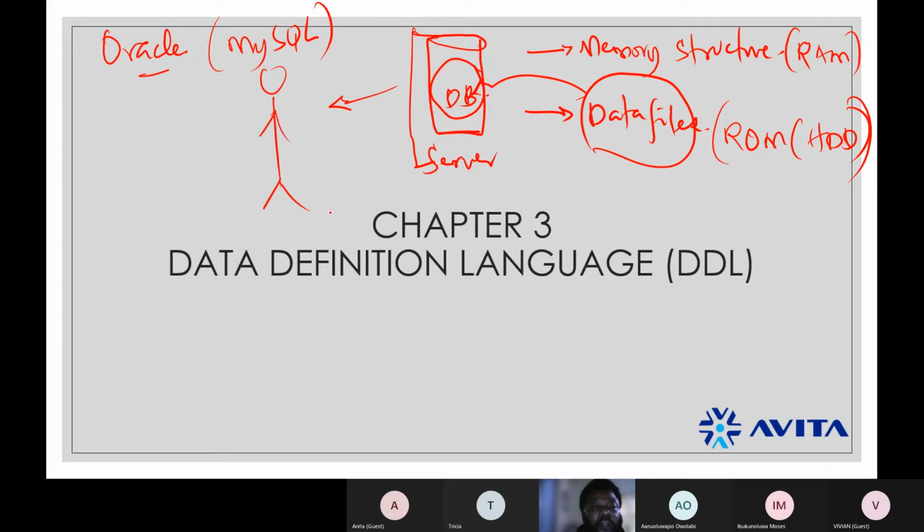So as a human being, what do you have? You have your memory structure and the data files, right? Your memory structure as a human being is in the mind. So our mind is our memory structure, right? We process information through our minds, right? And when we process information through our mind, after we have processed it, the ones that we want to save, where do we save them? We save them in our what? Brain, right? Some people say that the mind is inside the brain.